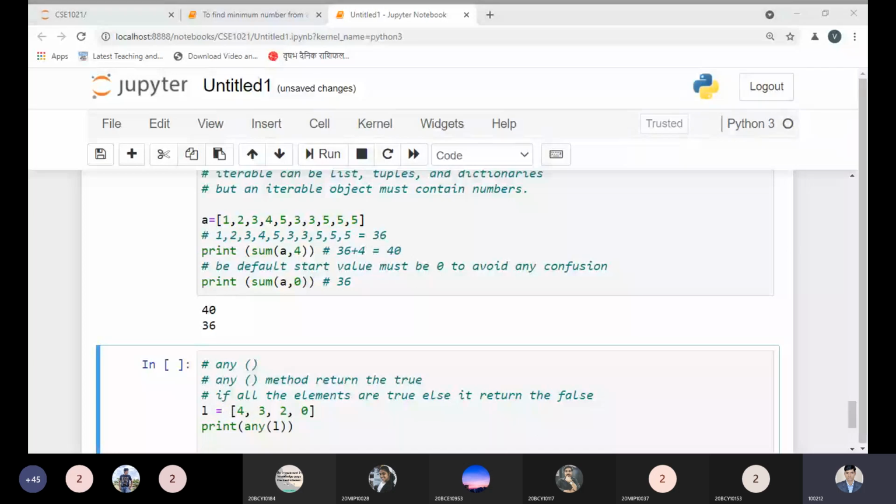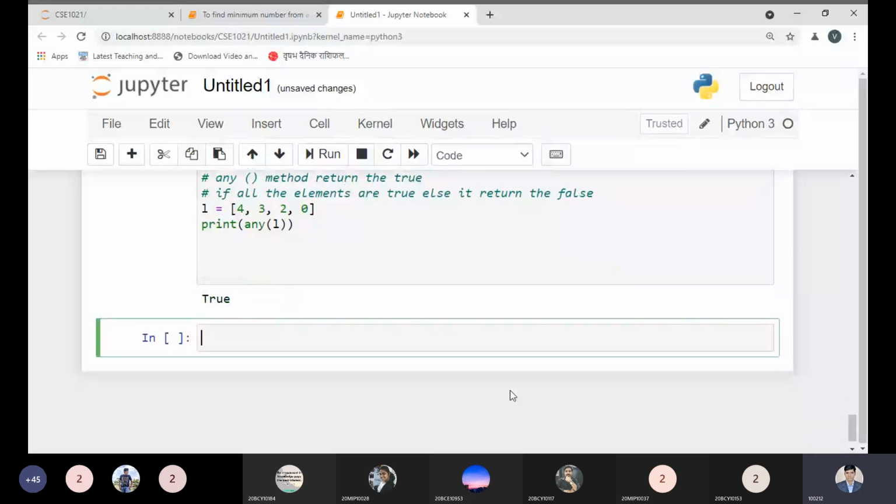Let me execute this code first. True, all are true. All values in the iterable should be true.